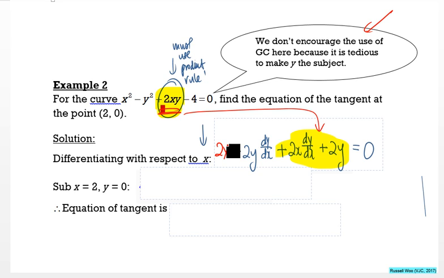We want the equation of the tangent at this. So therefore, we need to find what is the value of dy dx, which is the value of the gradient of the tangent at 2, 0. All you need to do is to substitute 2 and 0 in, we get our answer. Which means this. You substitute x equals to 2, you get 4. Minus, y equals to 0, you get 0. Plus,